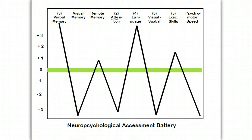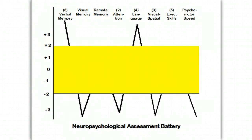Remember again that the brain that's average in each one of those areas when compared to all the brains in the world would score right across the page where the green line is. But of course, nobody is average in everything. By far, the majority of people score somewhere in that yellow band, either 1 or 2 standard deviations above or below that very green average, which would be right across the screen where the 0 is. So this is what a normal brain looks like, a brain scoring in any or all of those areas